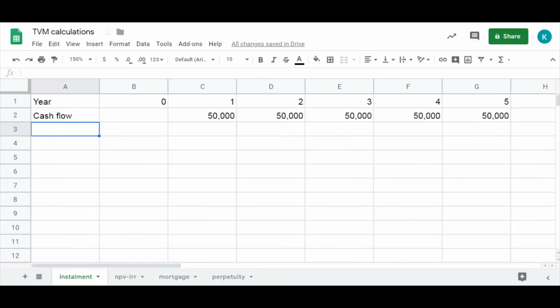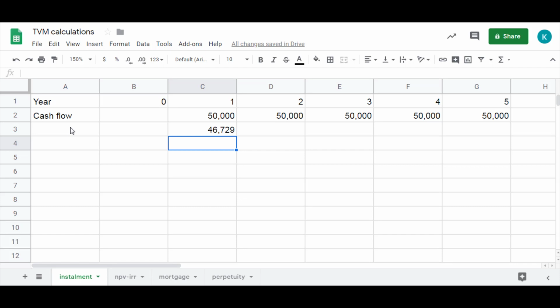The 50,000 per year cash flows are what you owe the bank, and the bank wants 7% in exchange for the money. So we could calculate the present value of all these 5 cash flows to see what the original loan balance was. Now let's calculate the present value of each of these. The first cash flow, 50,000 baht, we're going to discount using the discount rate of 7%. That means we divide by 1.07 raised to the power of 1. We don't need that power of 1, but I'm adding it to remind ourselves that this is the present value of a cash flow one step ahead, so we have to discount it one time. And this gives us